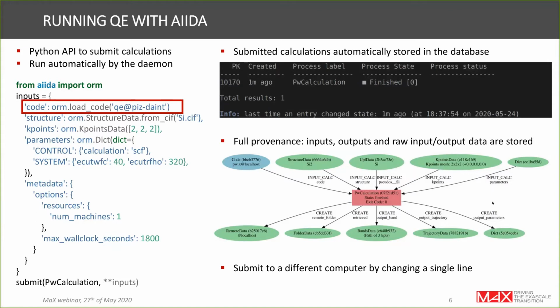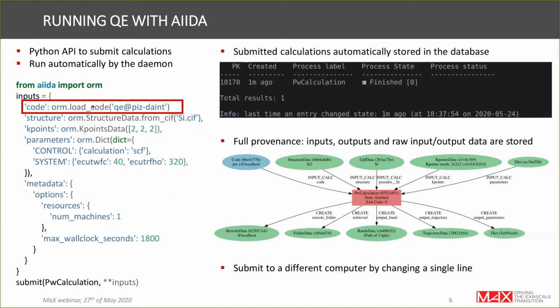On top of this, submitting to a different computer is now as simple as changing a single line. Before, in the first example, I submitted to localhost. Let's say I've now installed QE on Piz Daint, which is a high-performance computer at the Swiss National Computational Center in Lugano, and I've configured it through AiiDA. I can just swap the single line and